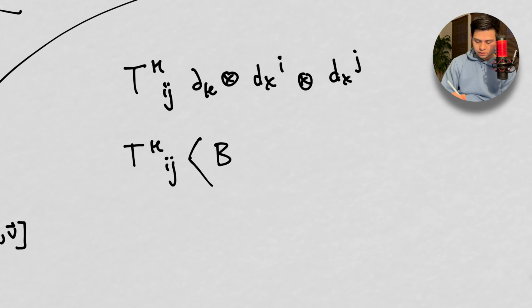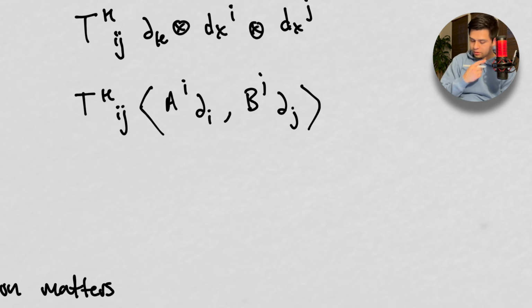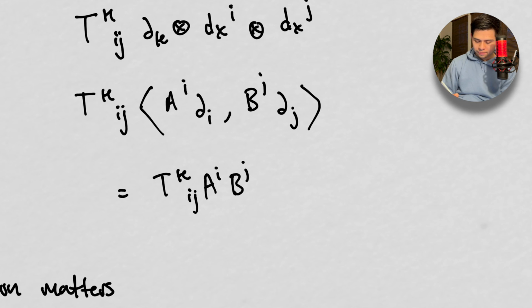If we have b, not covectors, or b i, d i, and then say, actually I won't say b, I'll say a. Right, so a i, d i, and b j, d j. Okay, we feed those guys in and we're going to get T k i j a i b j, and we're going to get